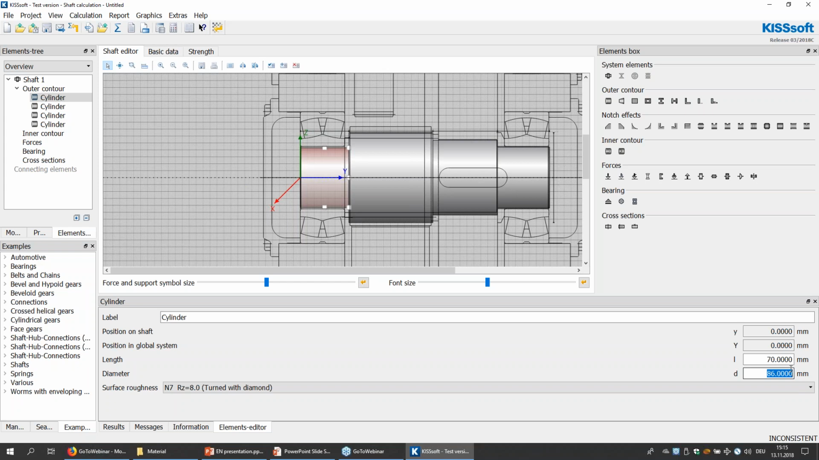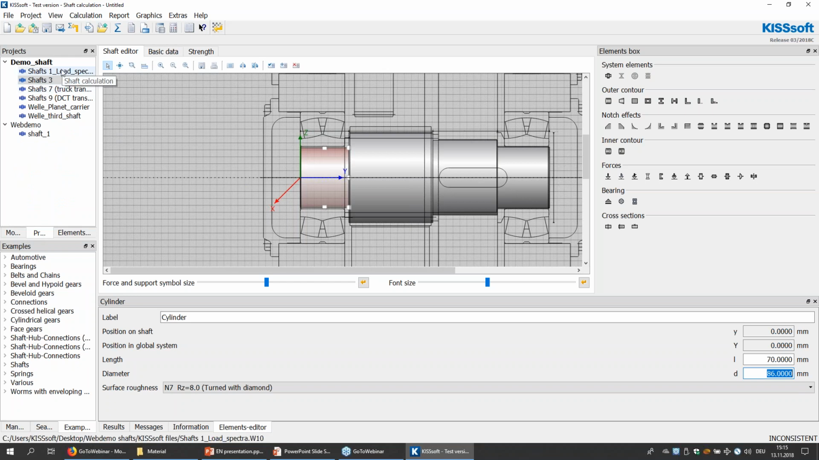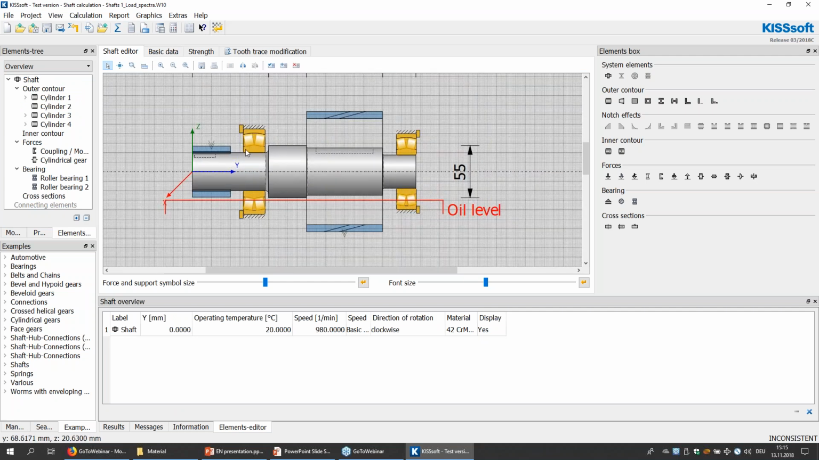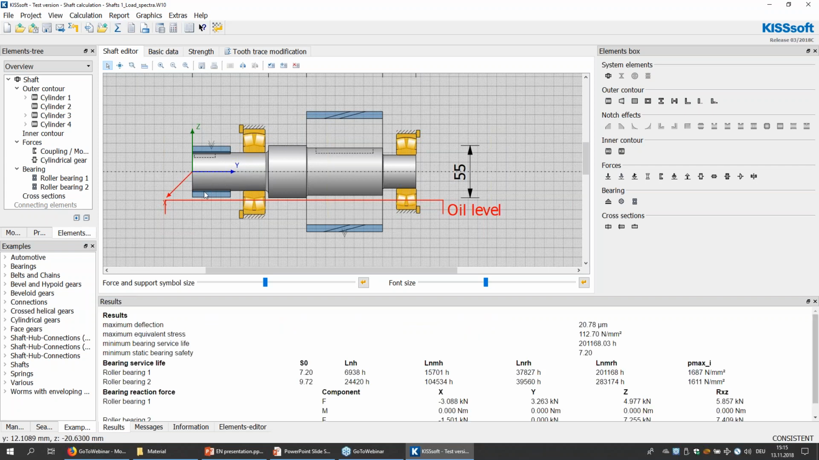Talking about notch effects, I will go back to our initial example so I can start talking about the strength calculation in KISSsoft. So this is the example I showed you before. Let's say we have modeled everything, we have selected our bearings, we have defined our forces, and then we just want to find all the critical sections on this shaft. We have to perform a calculation first,